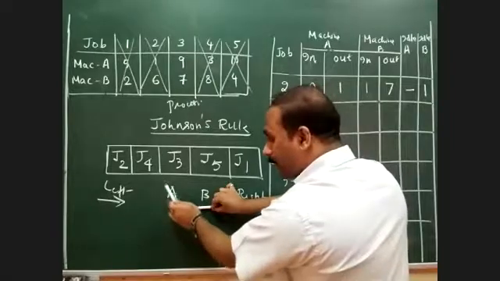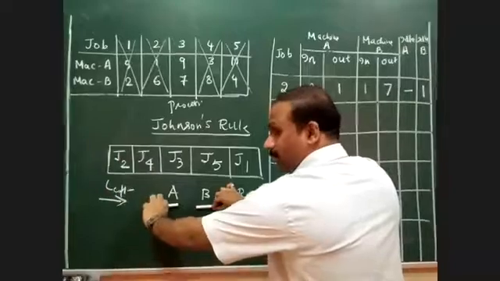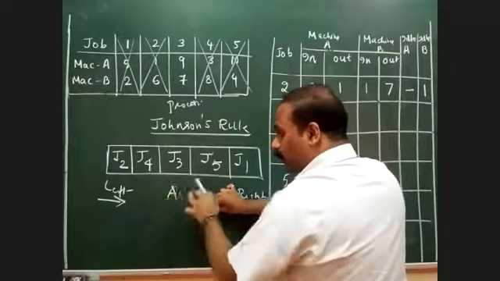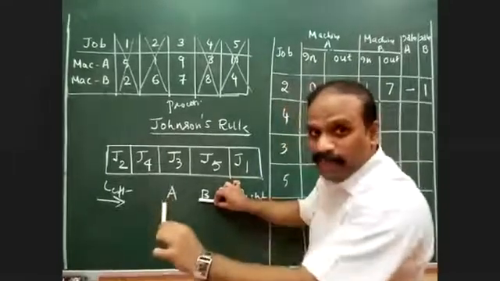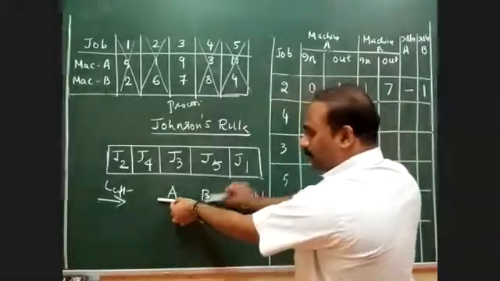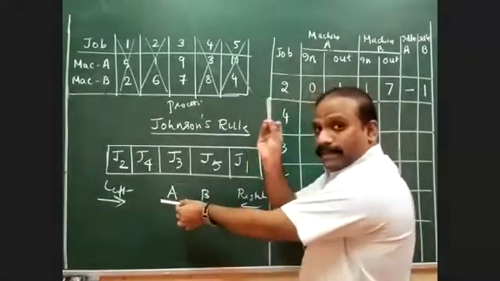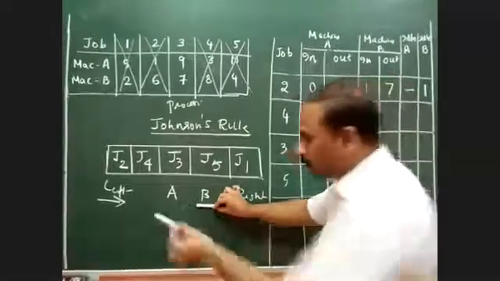The moment A has completed the previous job, I can give the next job here. Is it clear to you? I don't need A to wait until the job on B is completed. A doesn't need to wait till B completes, because this is a totally different product. As soon as the first product is done here, it goes on. Now the second job can come.